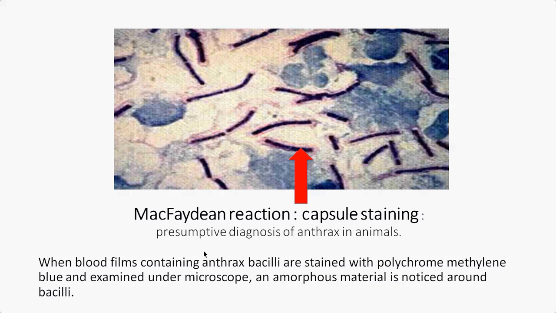And importantly, again, the McFadyean reaction, that is the capsular staining. But this is not done in human diagnosis. We can do this in the presumptive diagnosis of anthrax in animals. So how can we do this in animals? When blood films containing the anthrax bacilli are stained with polychrome methylene blue. The anthrax is present in the tissues of the animals, so that has to be taken. The blood films are prepared from that tissue, and then we stain with this polychrome methylene